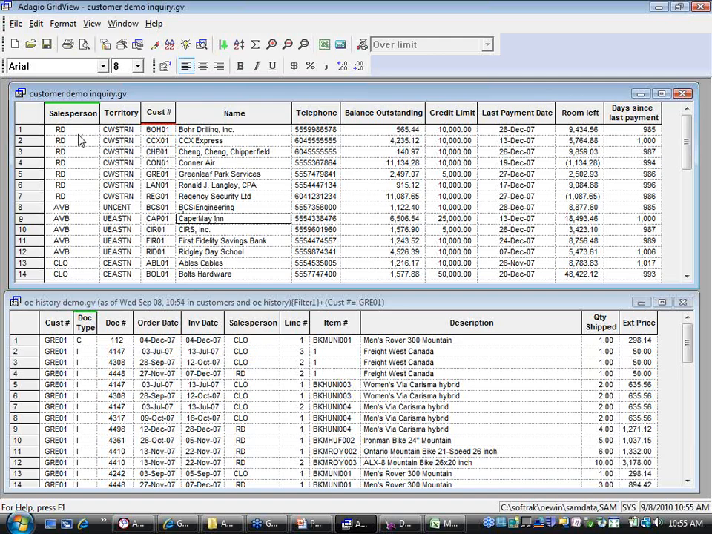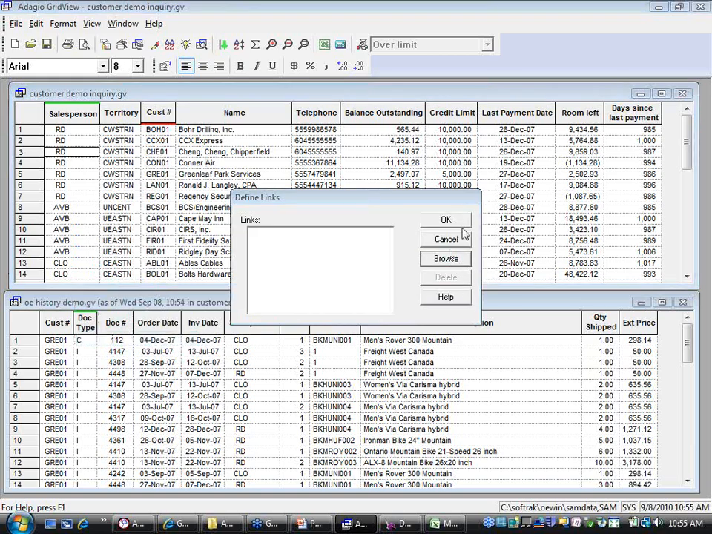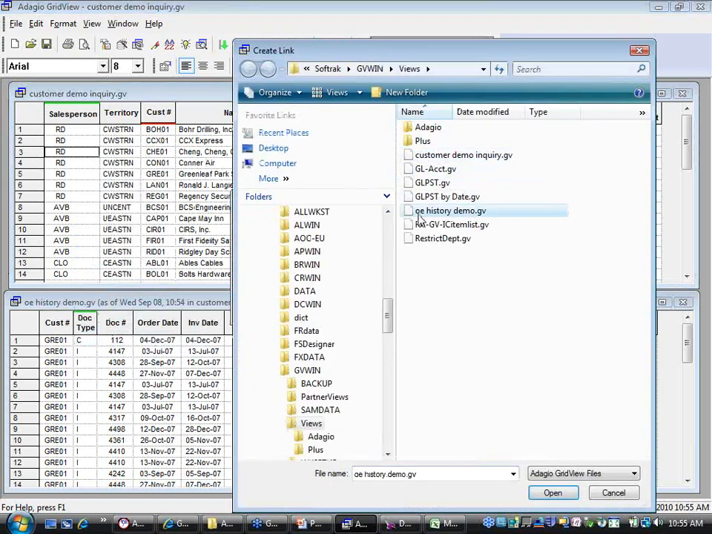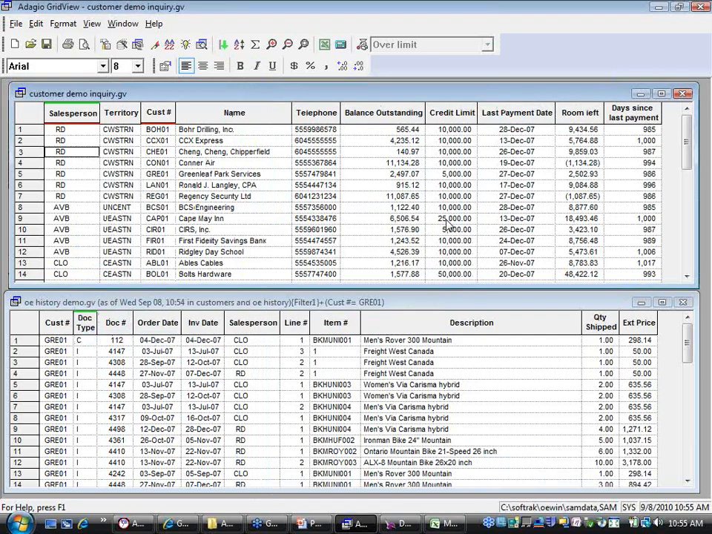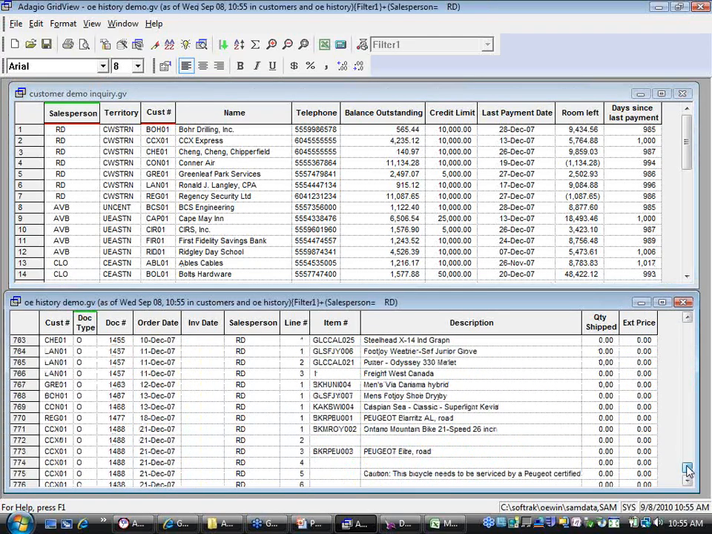I can do links using multiple columns if I wanted to. So maybe if I wanted to use the salesperson code to link in order entry history, I can do the same sort of thing from this column. So I can right-click, define link, and browse to the same order entry history demo, and say OK. Now if I double-click here, what we've got is the list of all of the order entry history based